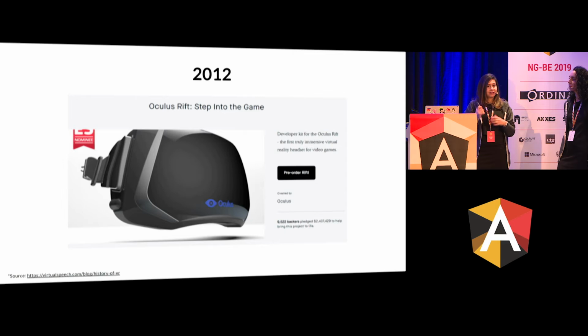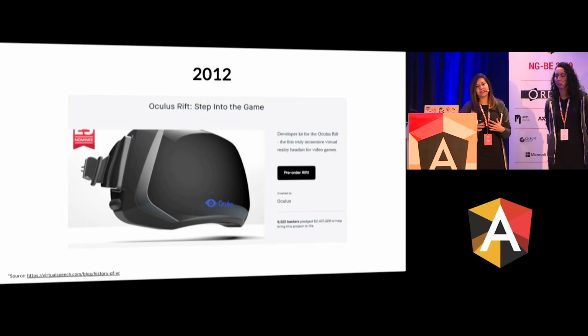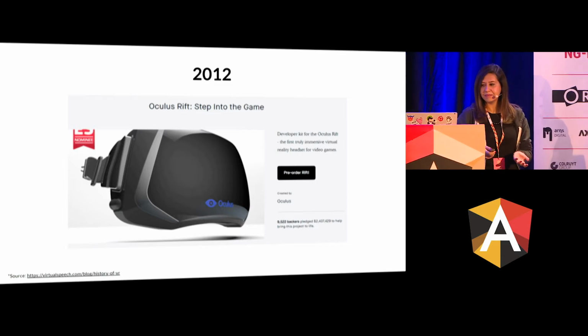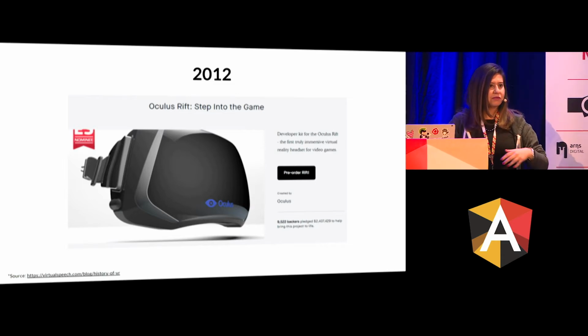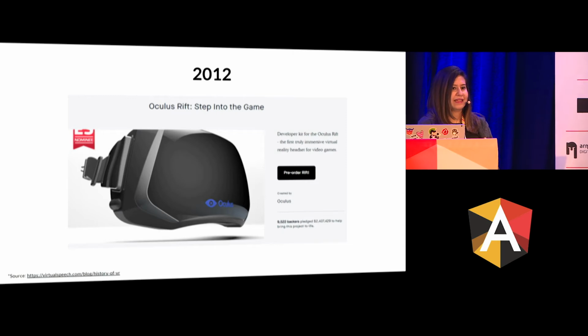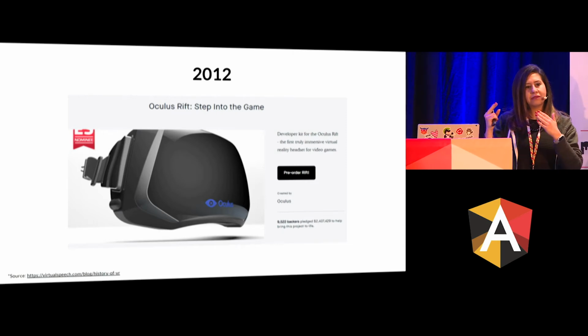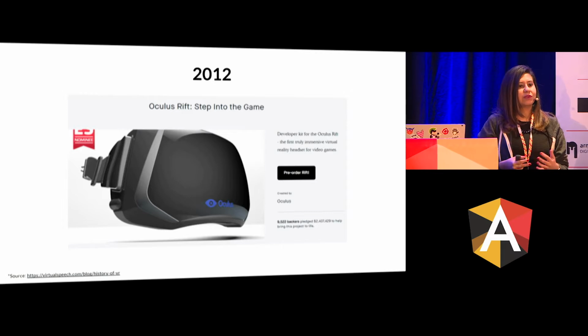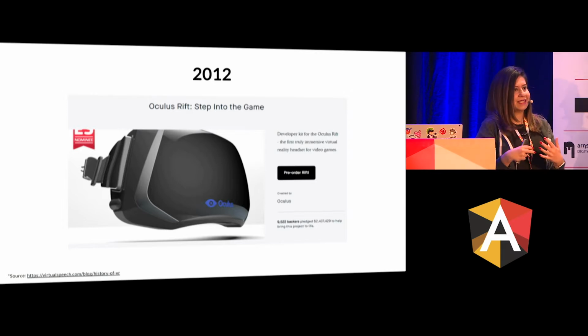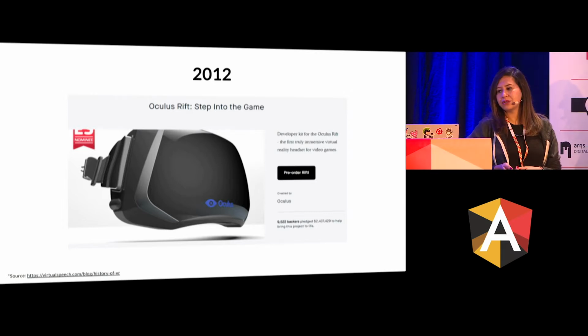Then later on in 2012, finally Facebook could create this headset, the Oculus One, which was not that heavy, and there was a big improvement in the quality of the image, and you could call it virtual reality. After that, a lot more companies came up with their own different headsets. So you could see that this Oculus was the closest one to the one that we have today, and it has the actual feeling of virtual reality.